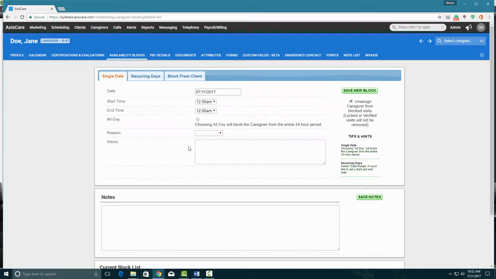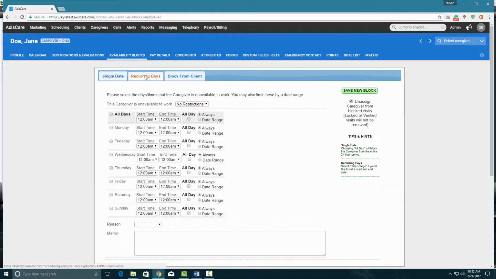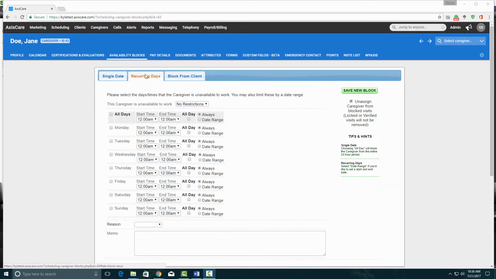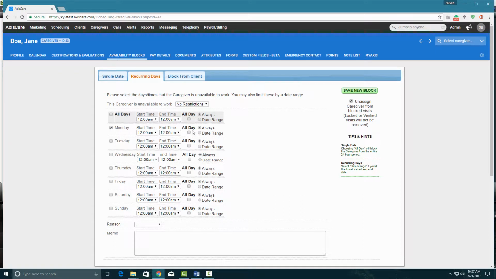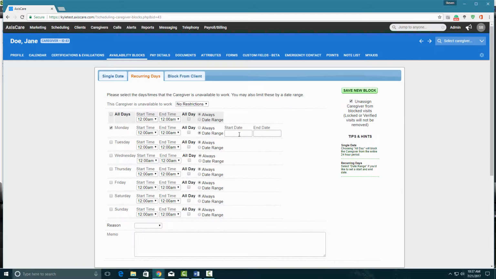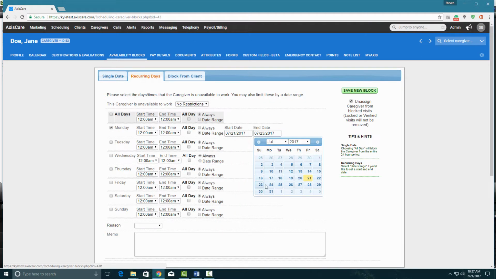If you need to block a larger period of time, or the same day week after week, click on the Reoccurring Days tab here. If you want to choose a period of days, for example a trip or a health leave of absence, click the day you know they won't be available and then choose Date Range. Here you can put in the start date and the end date,